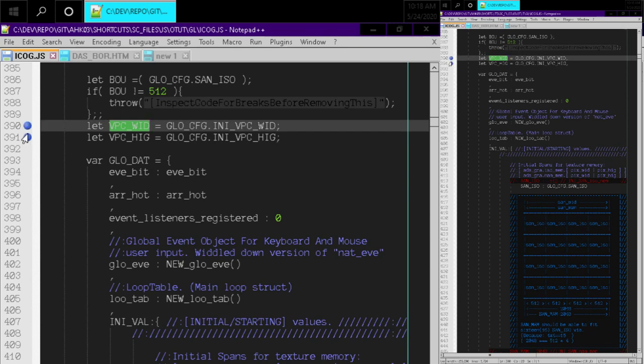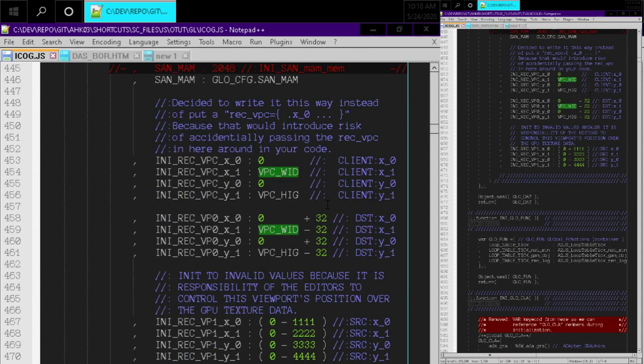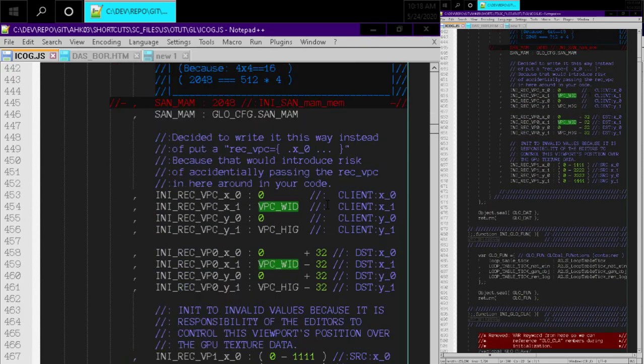There really should be breakpoints here because I know I did this since the last video. And if we scroll down, these values here are no longer hard-coded as 512. Well, actually, that was fixed a long time ago, but now they don't. It's not BOU anymore for bounds. It's these values,